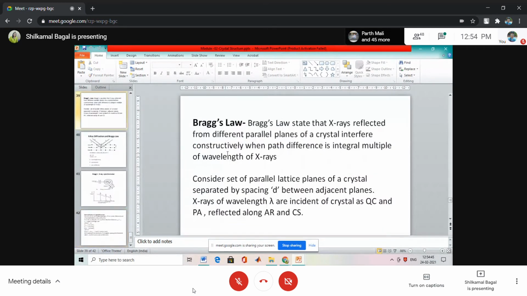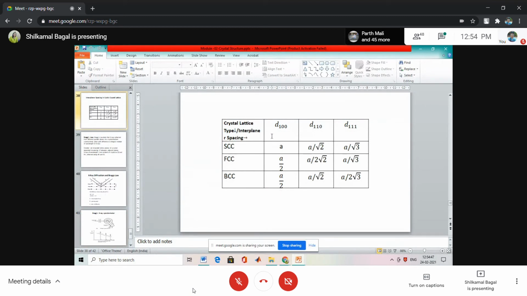Okay. Now, after this, this is very important, this table. You have to remember that. What is the interplanar spacing in a set of principal planes for SCC, FCC and BCC. Okay, so you should remember this. This one for SCC, you can calculate this by the formula which we have derived, that is d is equal to a upon root h square plus k square plus l square. And then according to the planes inserted in FCC and BCC, these distances will change. In 100, plane is added in FCC as well as BCC, so it becomes half.